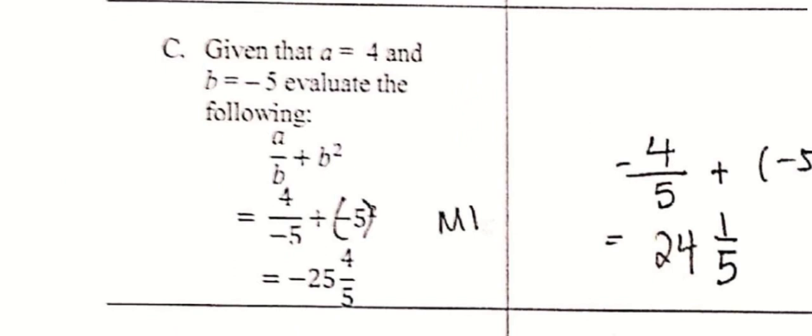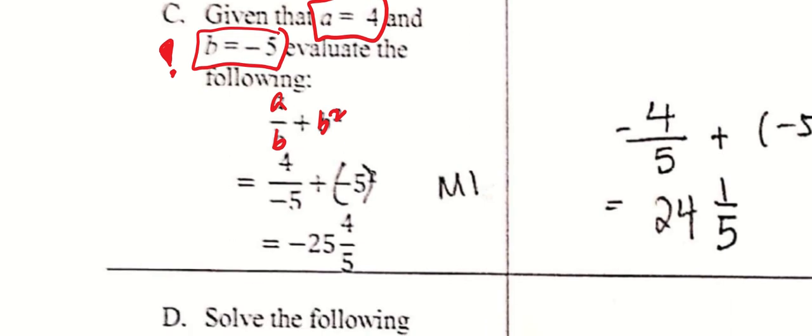Okay, this is the kind of question where you're required to substitute values into some expression, right? So we should always highlight and circle the information given. A equals 4 and B equals -5. Whenever I see a negative number, I must be alert, right? Because something might go wrong if I substitute wrongly. Okay, so this is a over b plus b squared, where a is 4 and b is -5. So you literally just put in the numbers, yeah? Okay, here I will encourage you to put a bracket over here because it's a negative number.